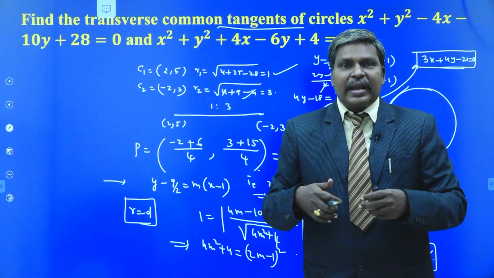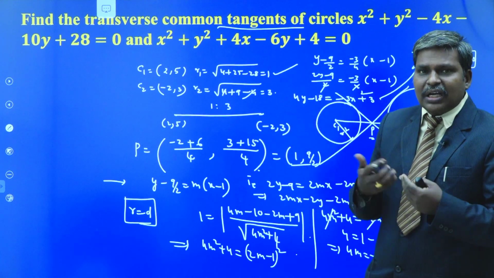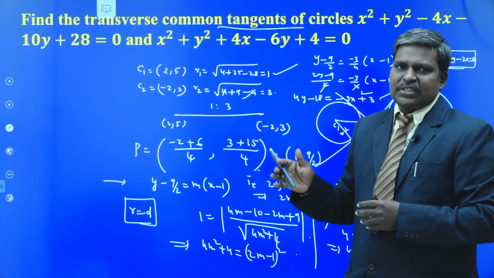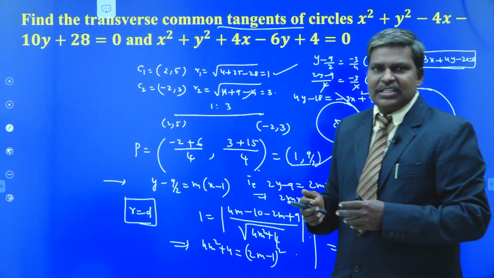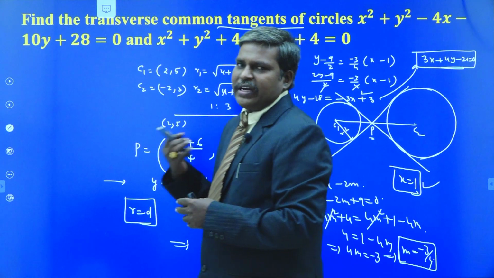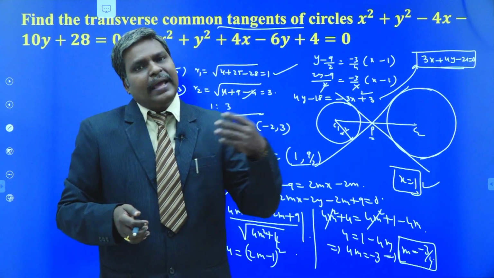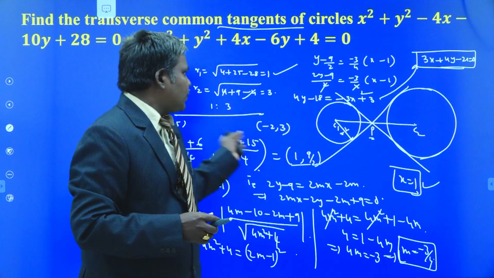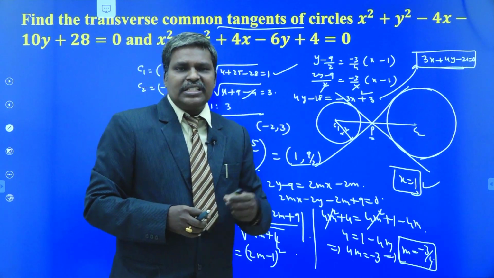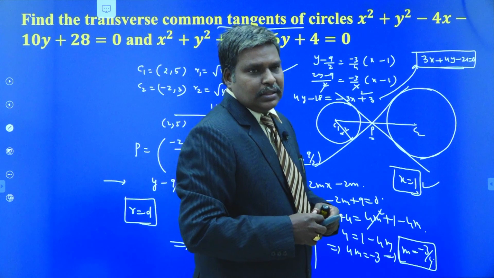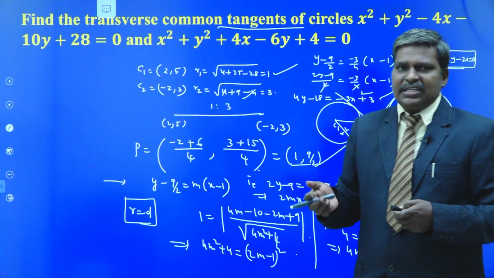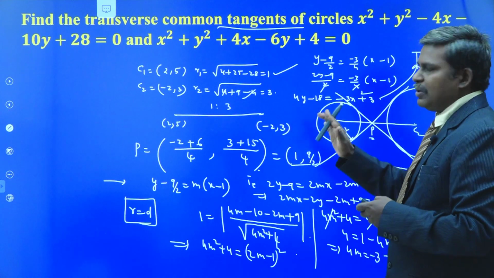Sometimes they may ask, write the four equations, write all the common tangents. You have to club both the questions. So find the transverse common tangents: to find the transverse common tangents, find the internal center of similitude. To find the direct common tangents, you have to find the external center of similitude and apply r equals d 2 times. You obtain the direct and transverse common tangents for both the circles. Understand? So sometimes they may ask to find all possible common tangents. You have to do both the problems for that.